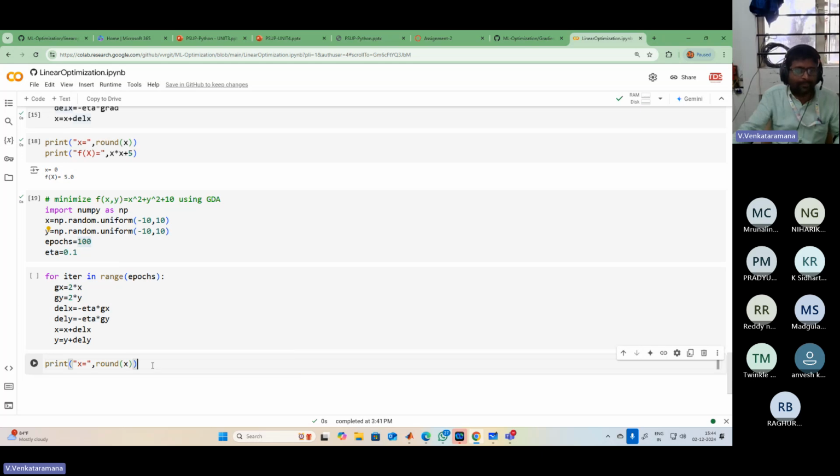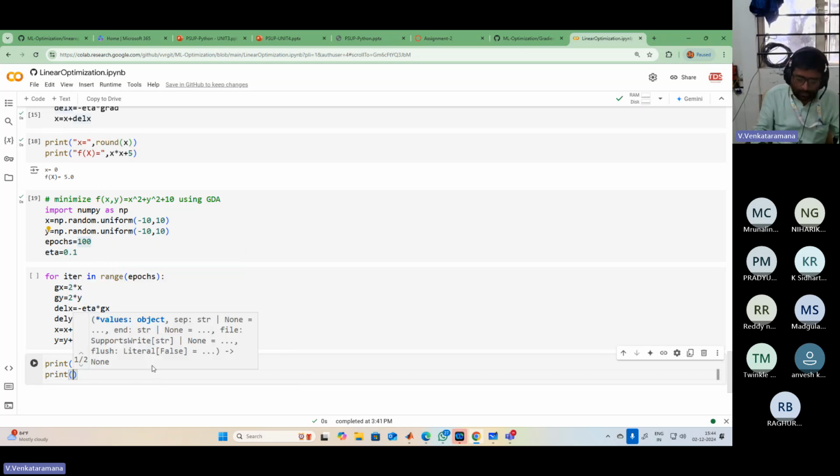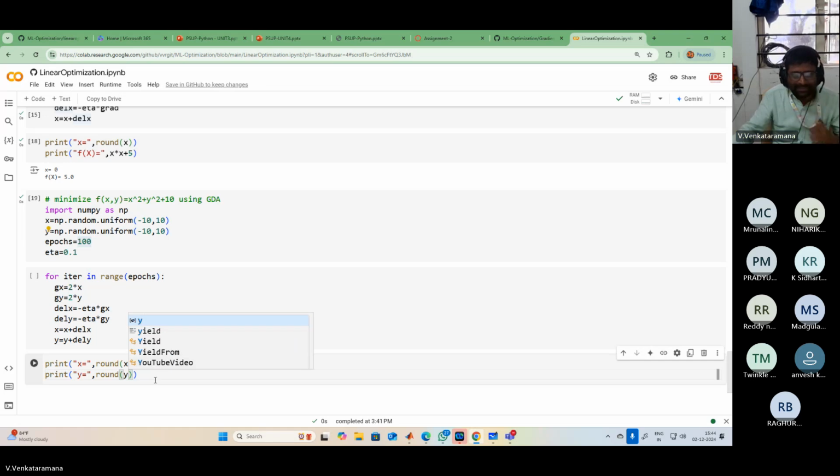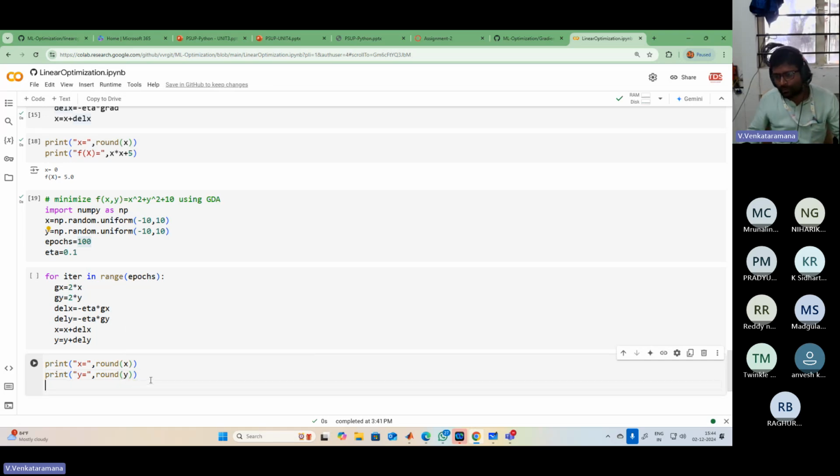So round x, and similarly print y. What is the y value? You have to use your final y value and make it round. We know the nearest round of 0.2 is 0, and the nearest round value of 0.7 is 1, like that. So after that you have to write print